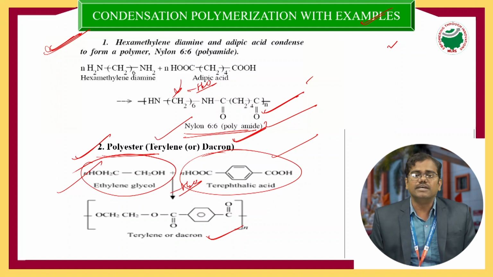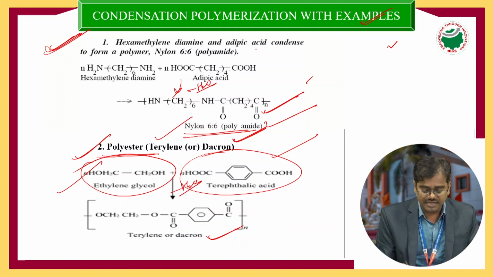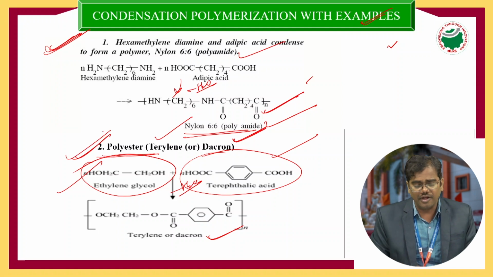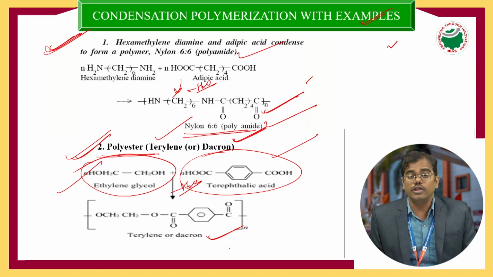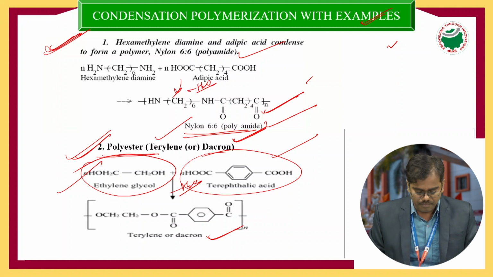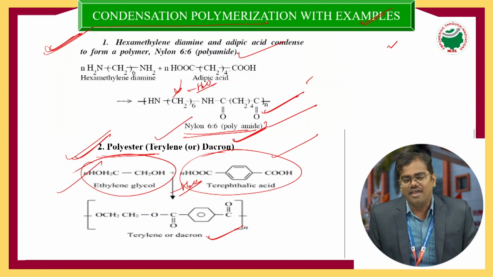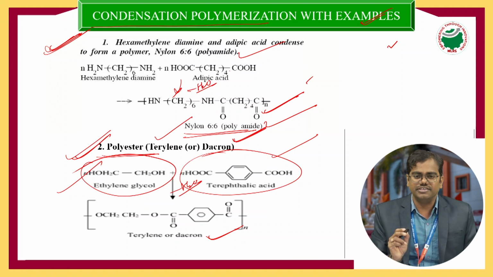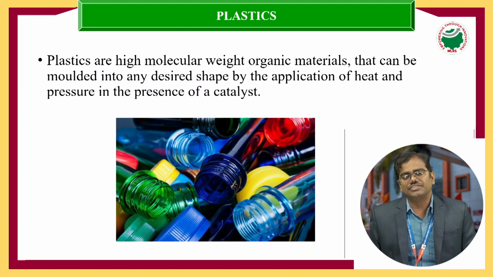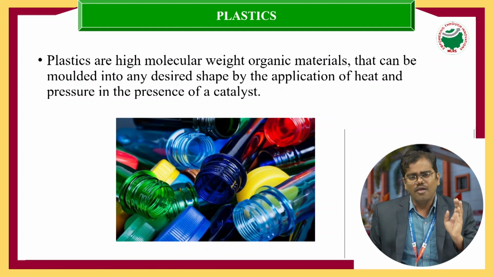So these are the best examples for condensation polymerization with two examples: nylon 6,6 and the polyester. There are many more examples: urea formaldehyde resin, bakelite resin, novolac resin, and nylon 6 is one more polyamide polymer. All these polymers we can synthesize by condensation polymerization, which is also called step growth polymerization. Please make down notes. And the second topic, types of polymerization: we have discussed two different types, one is addition polymerization with examples, and the second is condensation polymerization with examples as per our syllabus.